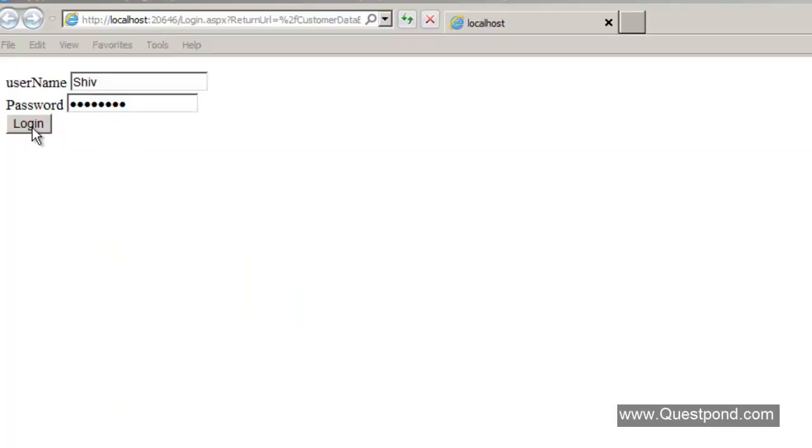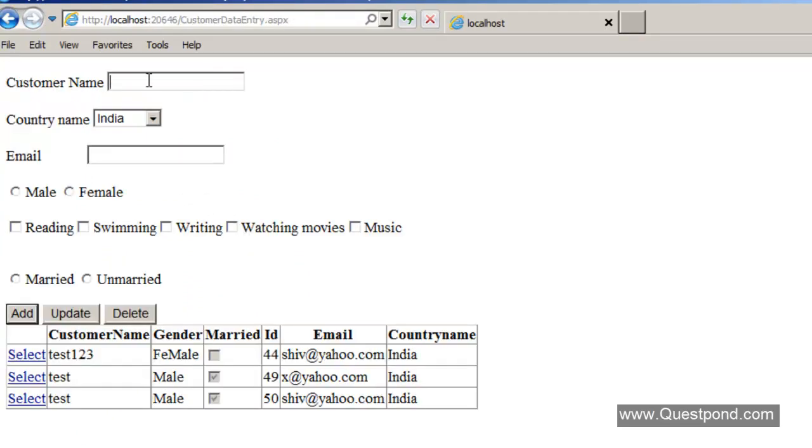So the application is running. I put the username and password. So let me click on the login, and let me put test 1 2 3. You can see that the test data is getting inserted, but it is not inserting the hobbies, right? So I'm going to just say test X here, just some new name, so that we do not get confused with the old records. There is an old record test 1 2 3. I'll just make it test X, with reading, male, swimming, married, and add. Right. So there we go,